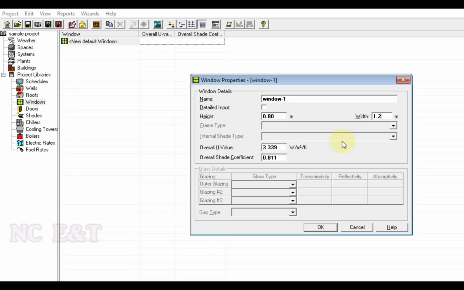You can go there and learn. As I already said, for learning the calculation using HAP software, you must know the manual heat load calculation. Then you can use this software easily. So we will take the default value and proceed.